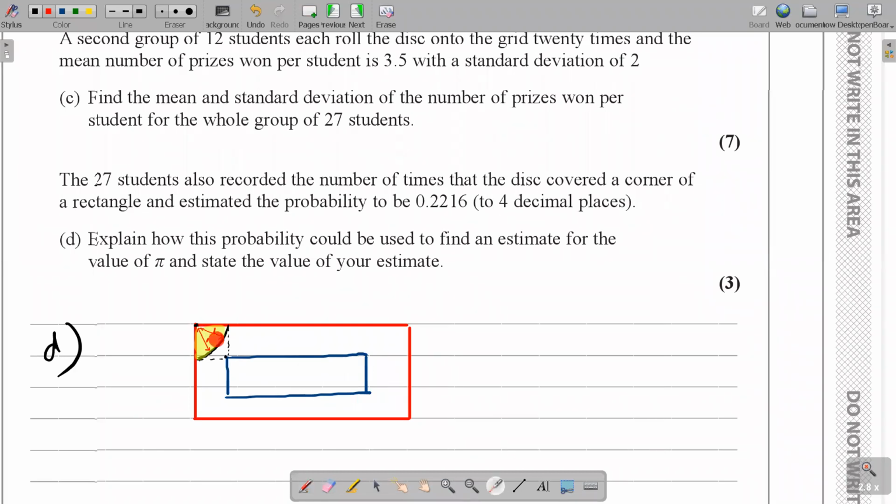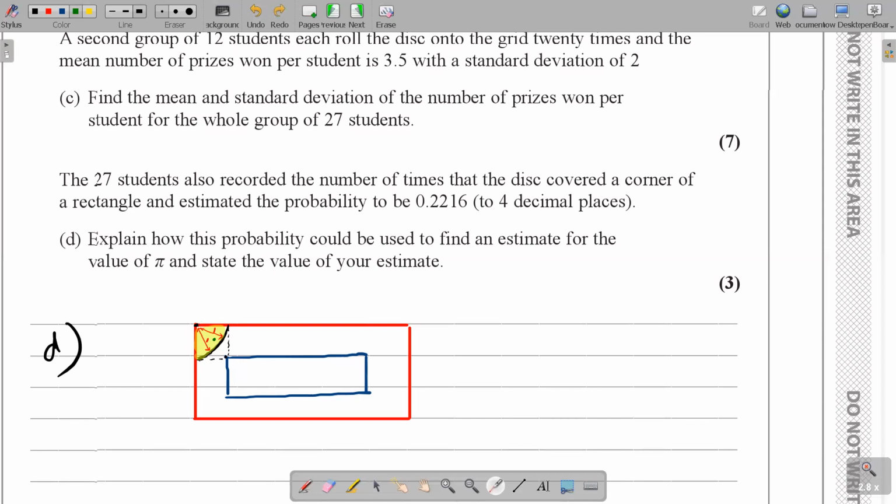So if your center falls anywhere within a 1 centimeter radius of the corner, do you see that the corner will be covered? Say your center falls in this yellow color region, so the radius is 1 centimeter, it will cover the corner. But if your center falls outside, like over here, will it cover the corner? Because here to here, it's more than 1. So it won't cover the corner. So you get what I'm trying to say.